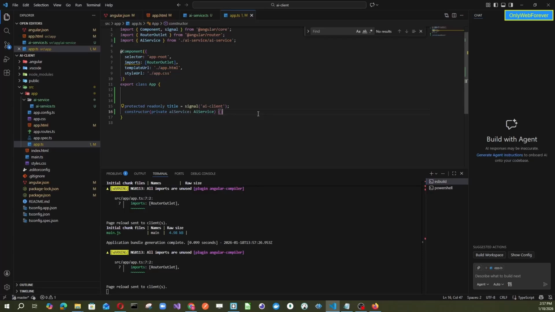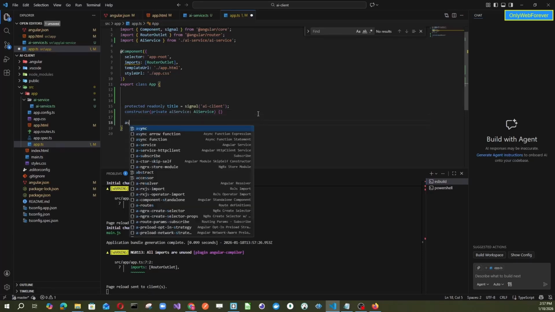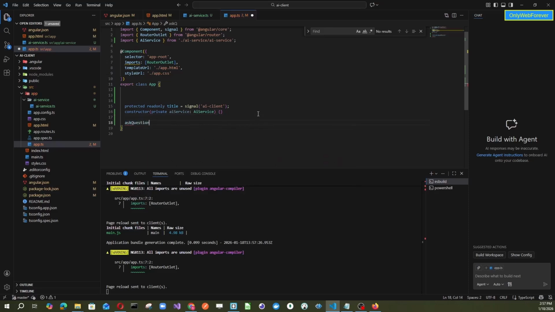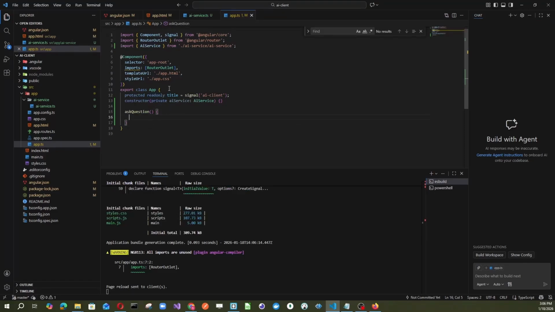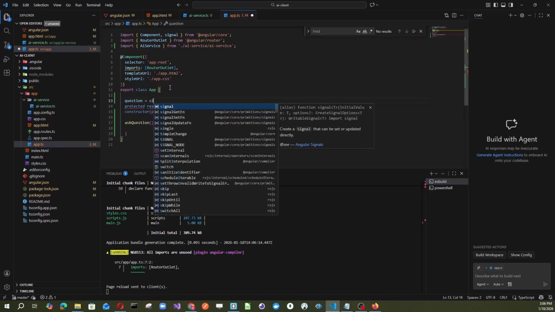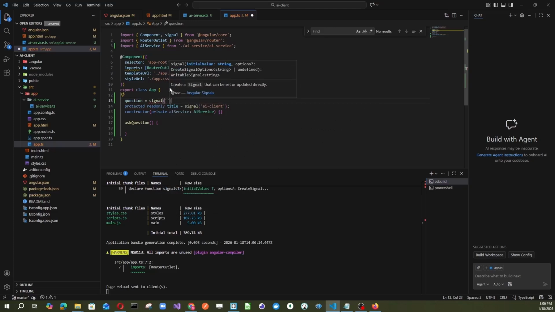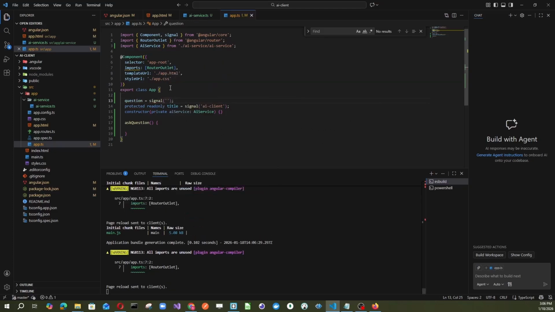In our class, we can create method ask question to use this service, and for question we need to store somewhere question, and for that we will use signals. We can add here one signal, question signal will be empty as default, and this question we can use here